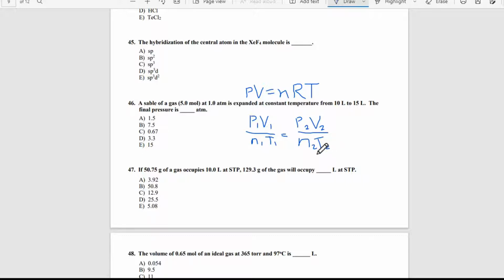Now the thing about this particular combined gas law is if there's anything that's constant, if there's anything that doesn't change, you can kind of ignore it. So, for example, in this case,